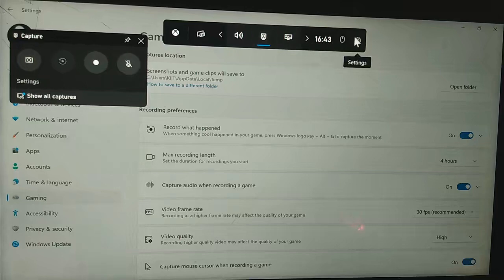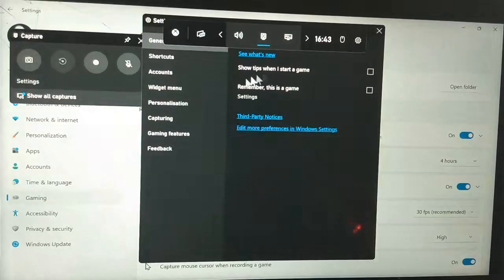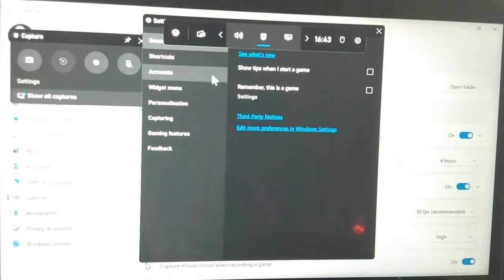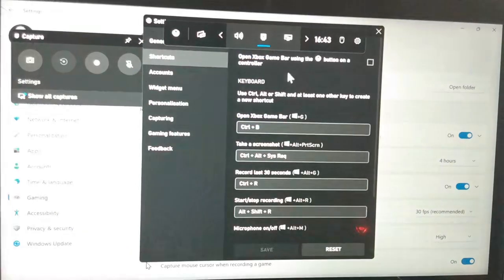Now let's go into our settings. Now we are in our settings. Yeah, we focus on our shortcut keys, okay? You can take time to go through all of the list here, but we focus on our shortcuts. Now these are the shortcut keys that we're going to be using throughout the whole thing, but the main key here is this one. Okay, to open the Xbox Game Bar, use this one, which is our Windows logo key plus G key. Okay, you can also change it, but I suggest that you stay with the recommended